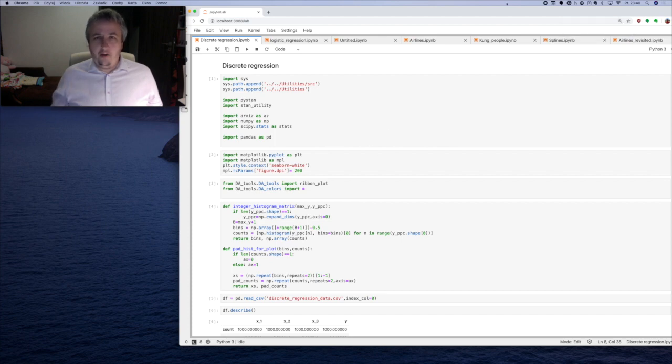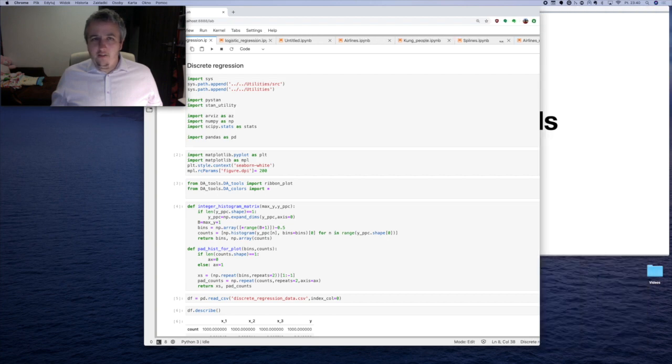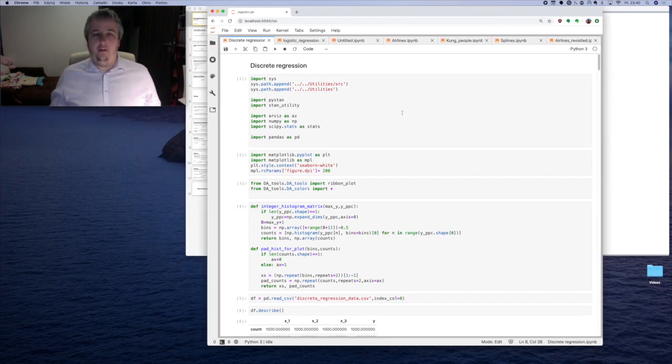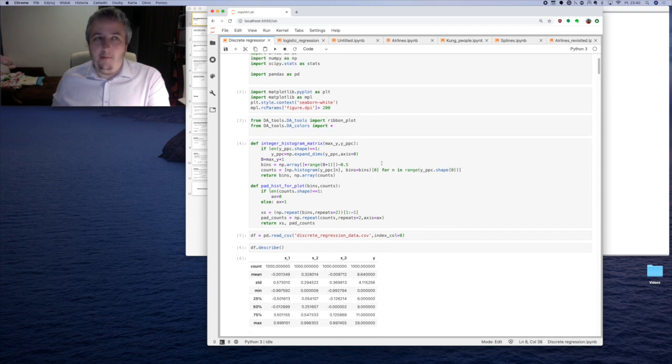We have some Python code here. We have a notebook that of course will be available to you on GitHub, and in this notebook we consider the ideas of discrete regression. Now, of course, as a standard we import some certain packages. We will be using two functions that generally will help us visualize histograms as the test statistics of our problem, because our results that we'll be analyzing will have the results of multiple